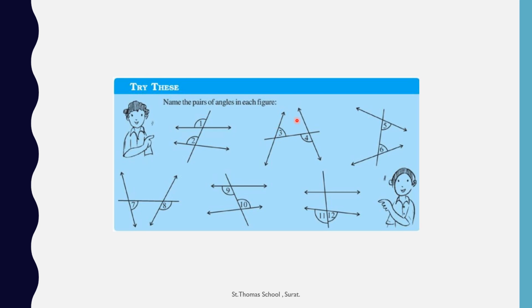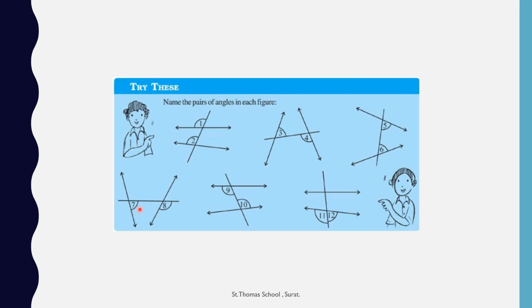we can say that these two lines and this is the transversal, and so the transversal, angle 3 and angle 4, that means opposite side. Okay. So they are called alternative interior angles. Here one is angle 5 and one is angle 6. Both are interior angles on the same side of the transversal. This is the transversal. That means pair of interior angles on the same side of the transversal.